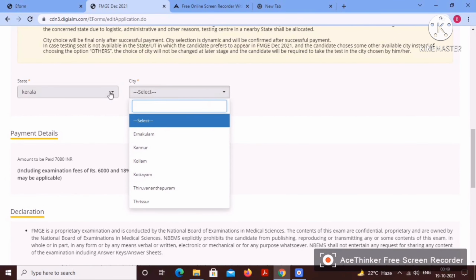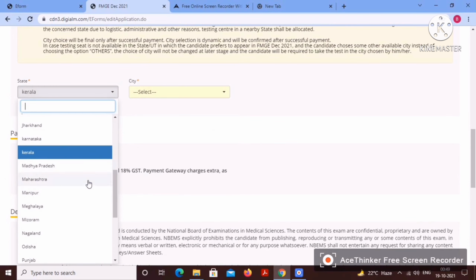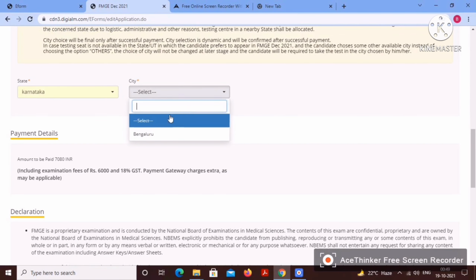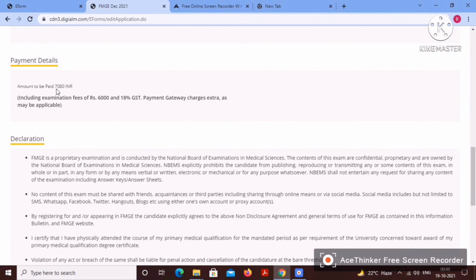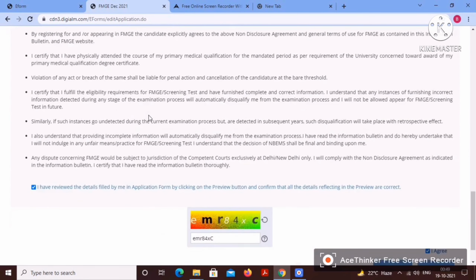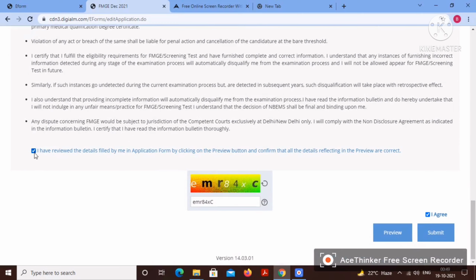You can select your state and check how many examination centers there are, and pick the one nearest to you. I will select Karnataka and Bengaluru. The examination fee is 7,080 rupees including 18% GST and everything. Click the check mark here, type the same thing here, and click agree and submit.